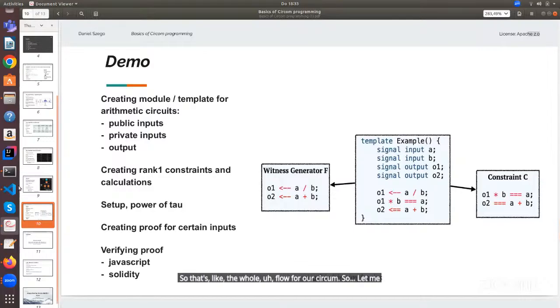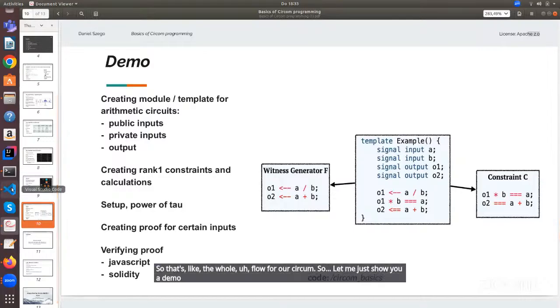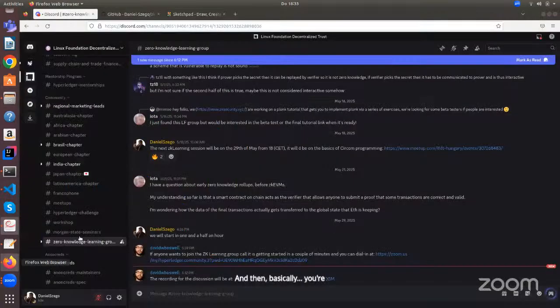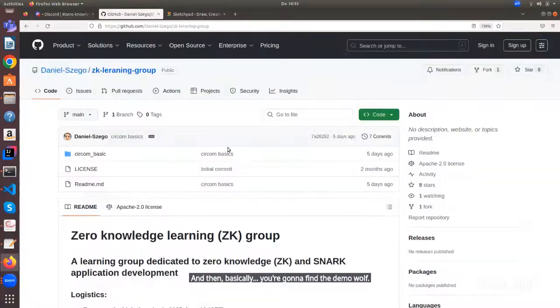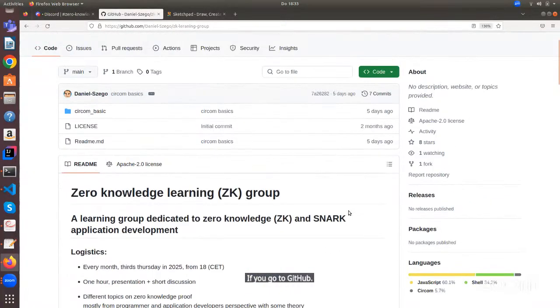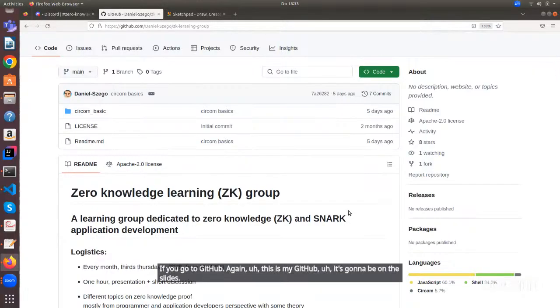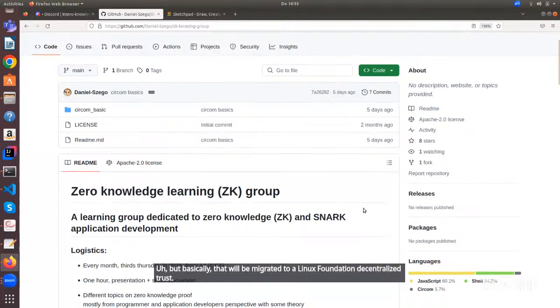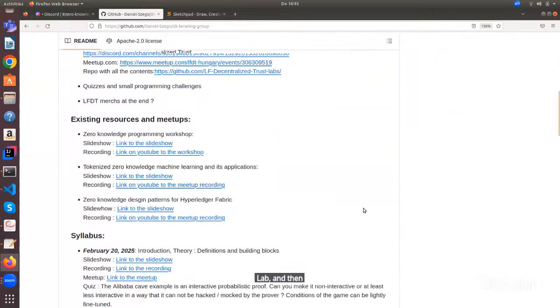Let me just show you a demo. You're going to find the demo if you go to GitHub. Again, this is my GitHub. It's going to be on the slides, but that will be migrated to a Linux Foundation Decentralized Trust Lab. And then what we have here